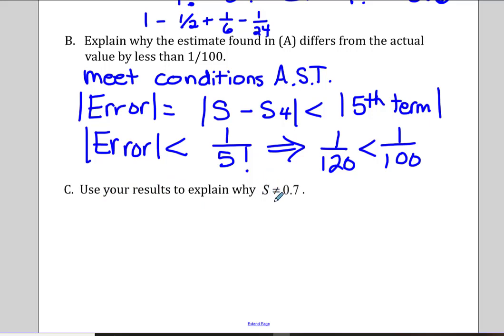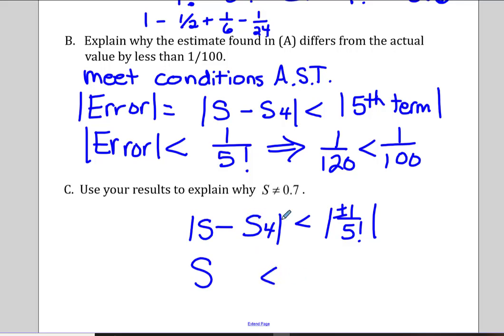Then in Part C, we want to use the results that we found to explain why the sum could never be 7/10. So we could say that this way: since the absolute value of the sum minus the 4th partial sum, since that's our error, is less than the absolute value of the next term, we could think of adding this term to both sides because it's the absolute value. So it's either going to be a positive or a negative, right? So we've got that sum,